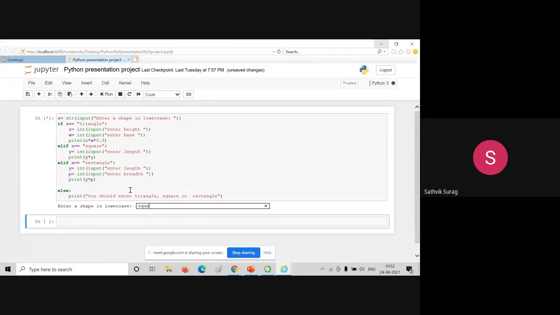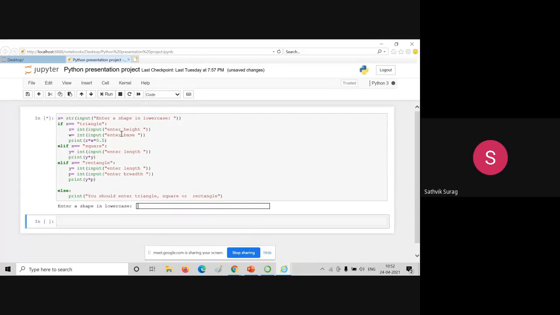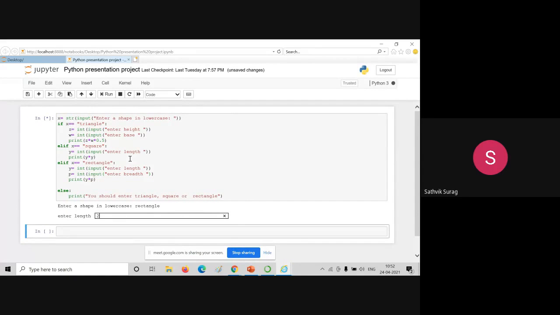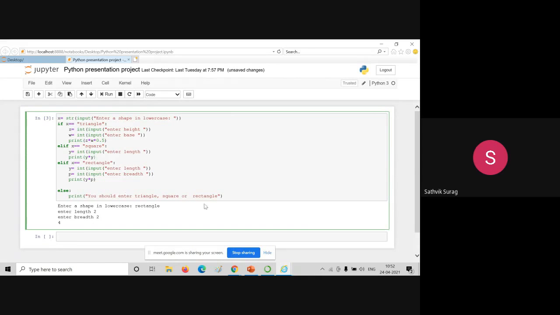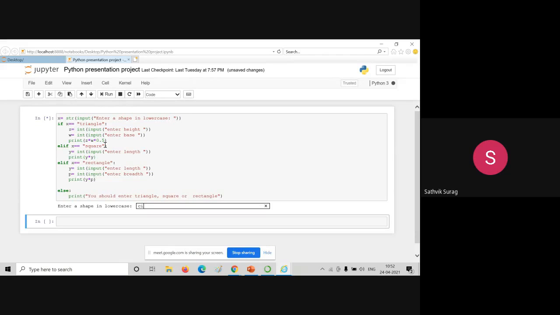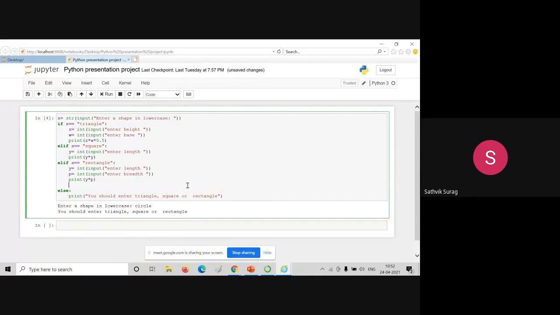If we give square, it will give us the length, and the rectangle, the length and the breadth. And if we don't give either of these and give something like, for example, circle, it will show us that you should write triangle, square, or rectangle. Thank you.